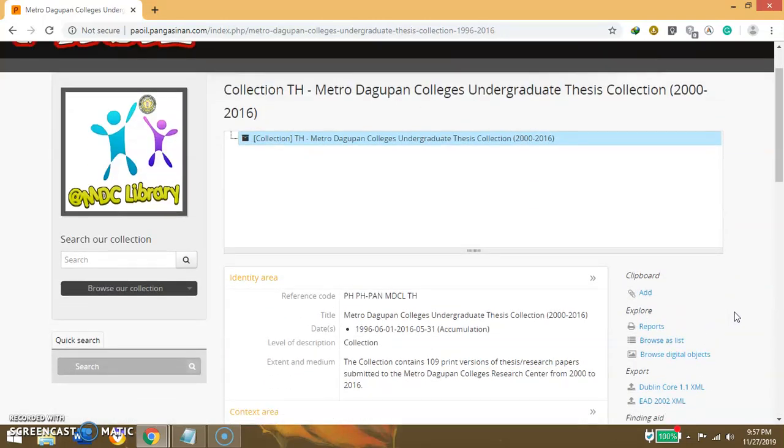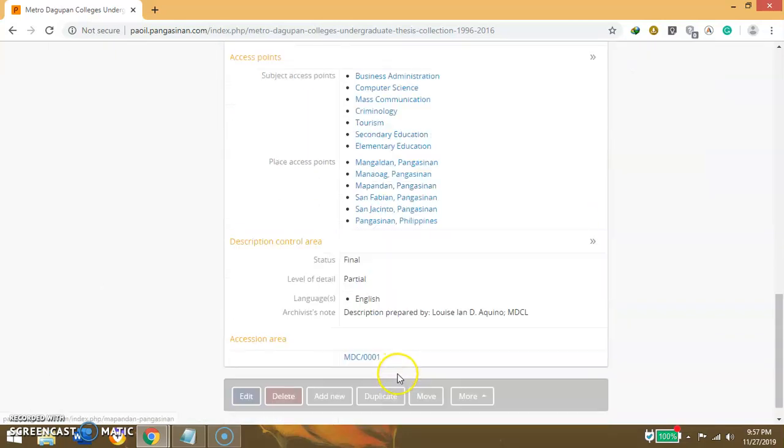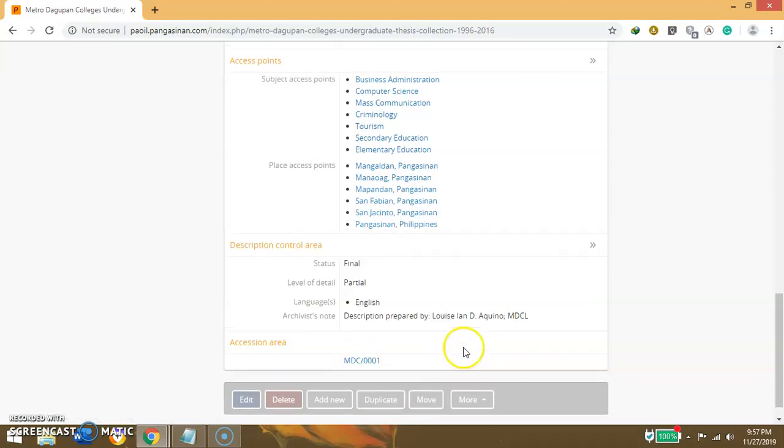And then if you have similar collections, for example, in our case, we have a separate collection for graduate school thesis collection. We have a high school thesis collection. You can copy or you can just duplicate. Click this one. Then just edit the other fields, considering that they also belong to the same accession. So I already did that